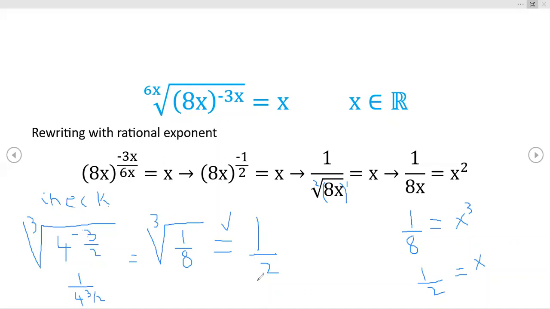Now, I didn't prove it's the only solution, but I sure believe that it is the only solution. I don't know if you really have to prove it. It's the only one we got. We multiplied through by x, which again could have introduced an extraneous solution, but